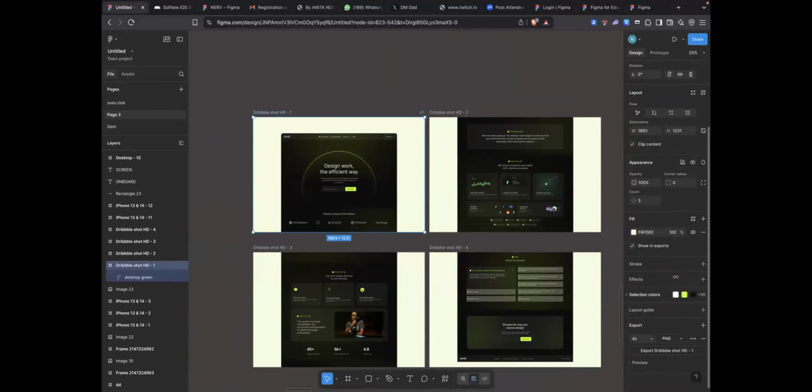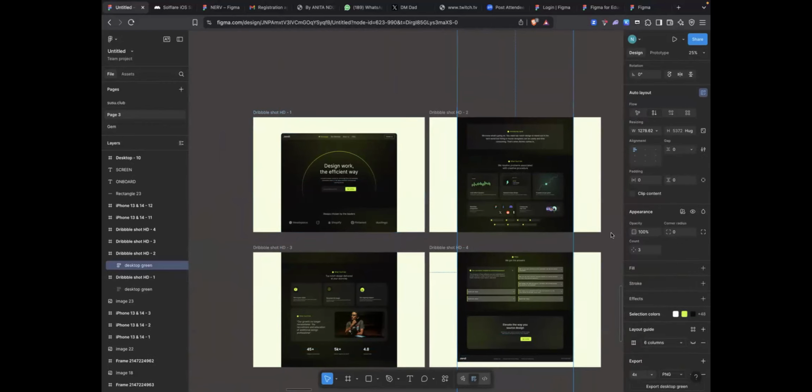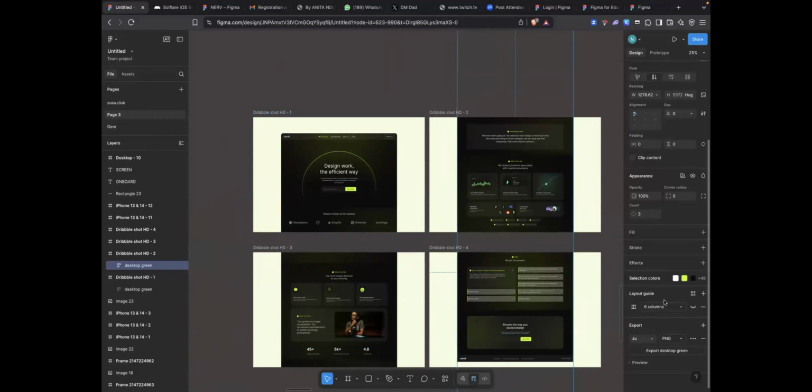So one of the things about design is also about having your grids. Most of my designs I use grids. I'm trying to see if I can shift this so that I'll be able to see. You see my grids, I just turned on my grid now. Let me zoom in.